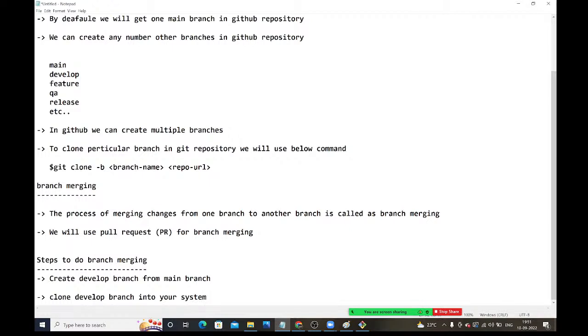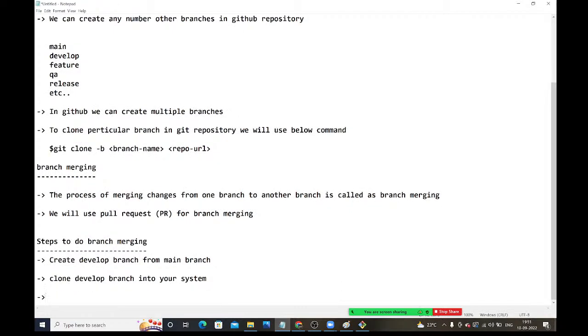Next, create a new file. Inside this develop branch, create one file. Then commit that file and push that file to the remote repository. We are creating a file in the develop branch, then we are committing that file and pushing that file